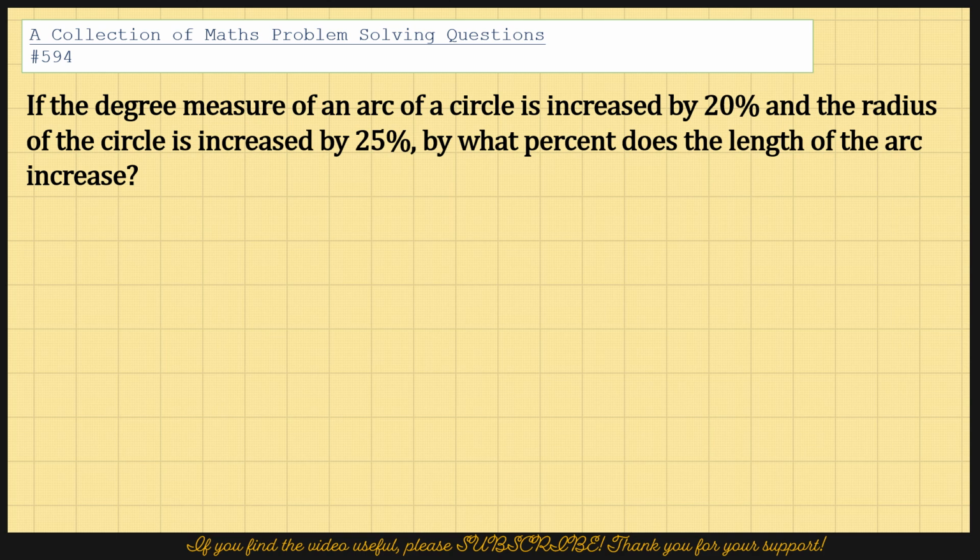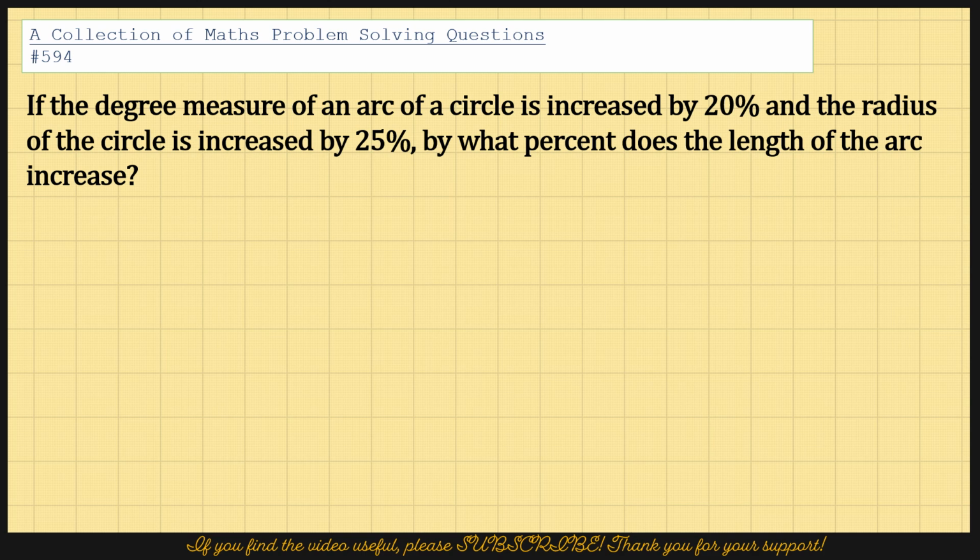If the degree measure of an arc of a circle is increased by 20% and the radius of the circle is increased by 25%, by what percent does the length of the arc increase? So what I thought I could do was, first I would write down